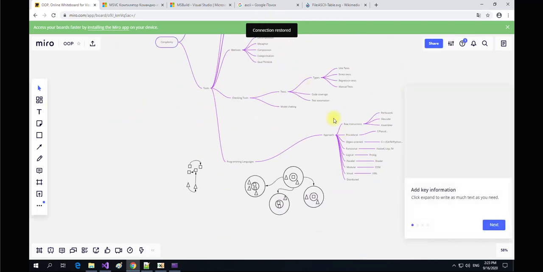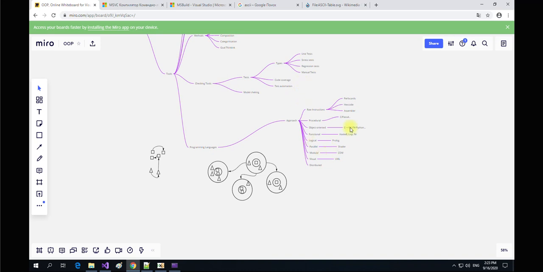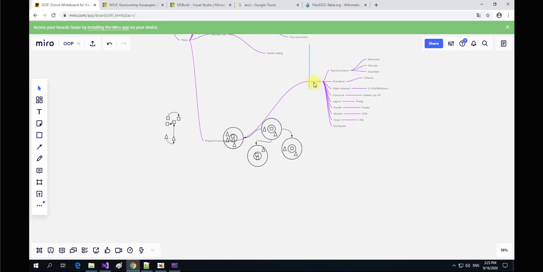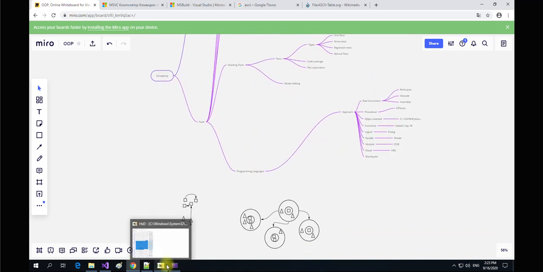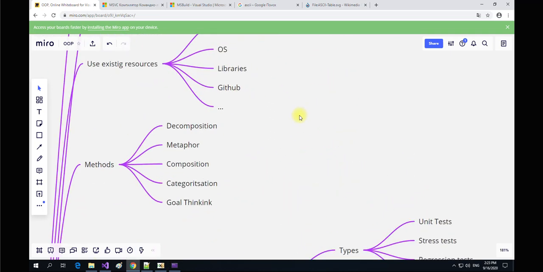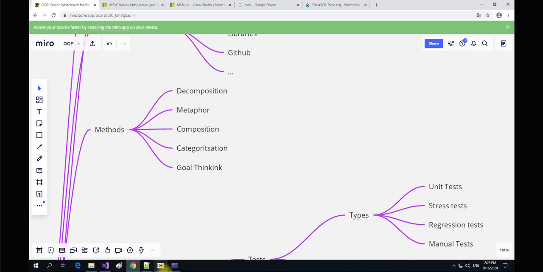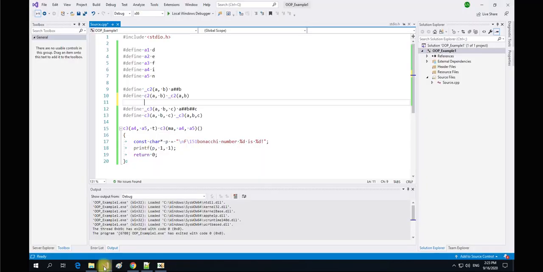We have a lot of tools to do that, and that's why we are going to talk about object-oriented programming, which is the best set of techniques to deal with that. But again, your main tools are this stuff: decomposition, metaphor, composition, categorization, goal thinking, and